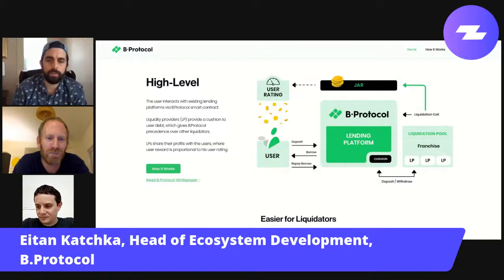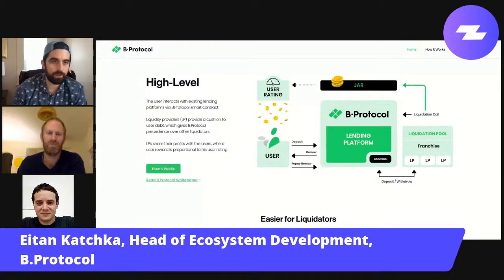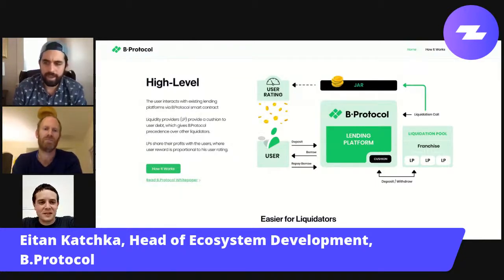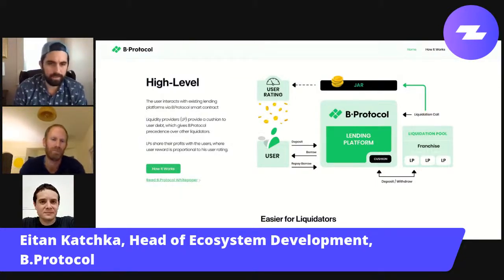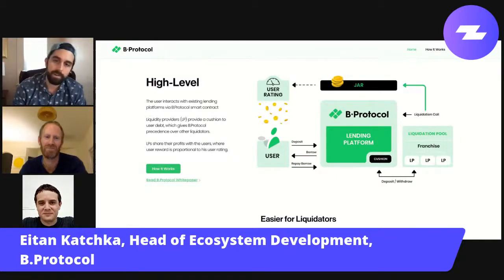So, I think the summertime played out. There was a short time there where it did feel like quality projects could actually rush to put out a token, but I think we're in a much better place now. The drawdown that happened the last few months now seems somewhat forgotten, because obviously Bitcoin is near an all-time high and ETH is just under $500. But I'm with you guys. I think product market fit is the hard thing, and a token is much easier to implement later on